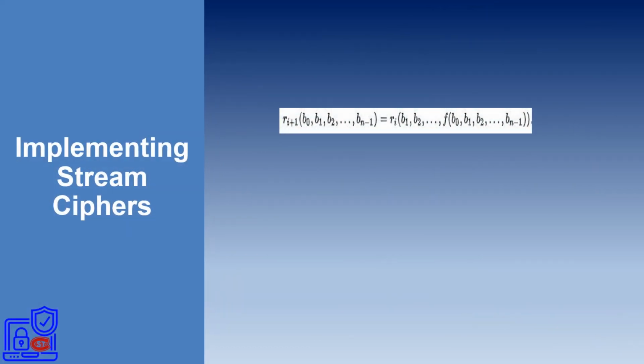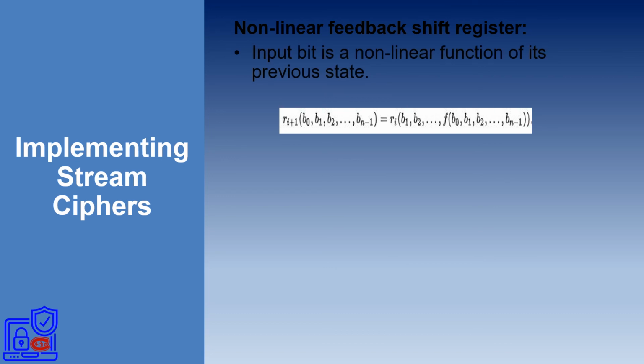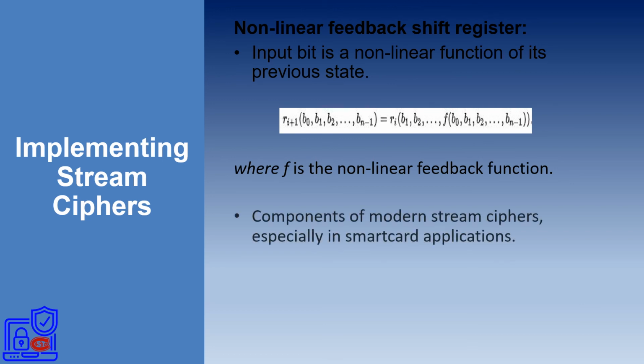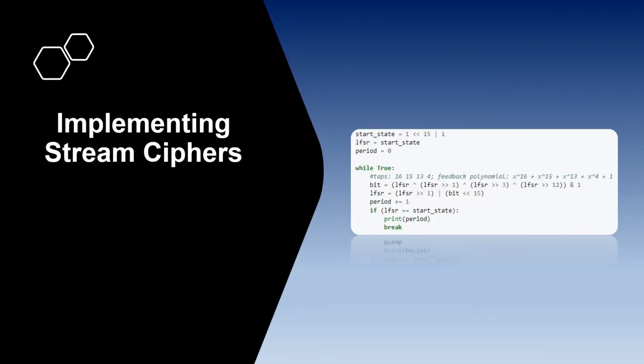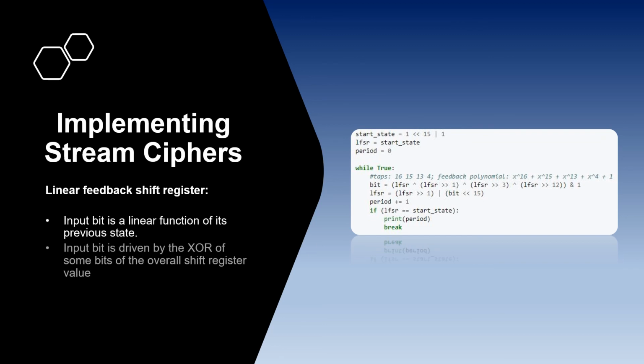Implementing stream ciphers. For a nonlinear feedback shift register, the input bit is a nonlinear function of its previous state, where f is the nonlinear feedback function. They are components of modern stream ciphers, especially in smart card applications. They are also more resistant to cryptanalytic attacks. For the linear feedback shift register, the input bit is a linear function of its previous state. The input bit is driven by the XOR of some bits of the overall shift register value. The application generates pseudo-random numbers,